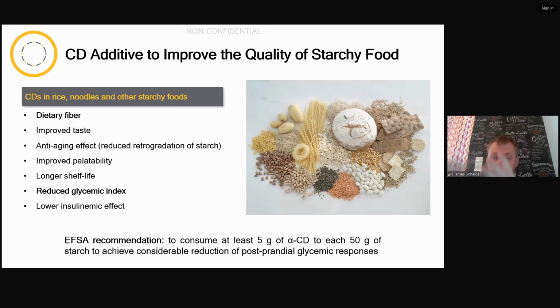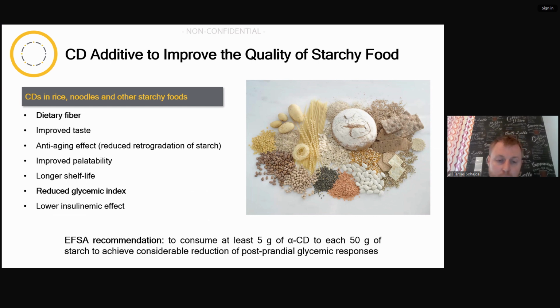Okay, so enough of the nutraceuticals, and let's move to the next topic, which will be foods. So here I will try to focus specifically on food applications. I've already explained that cyclodextrins can be used as dietary fibers. You can also imagine that they will alter the taste of foods if you incorporate them, and that can be an improvement in some cases. They can improve the palatability, they can improve the shelf life of certain foods and products, or reduce their glycemic